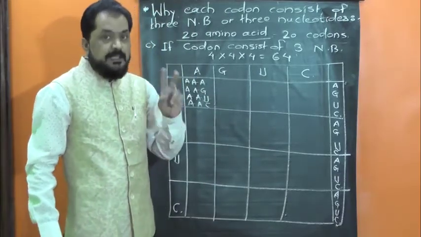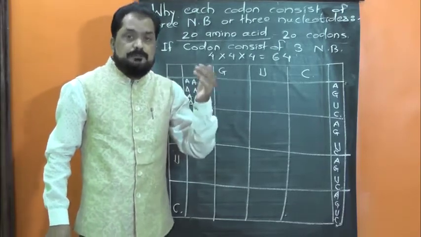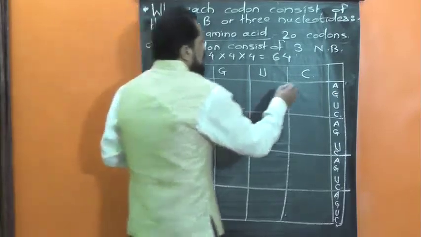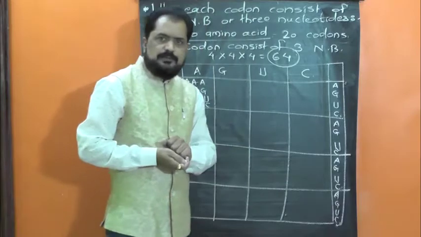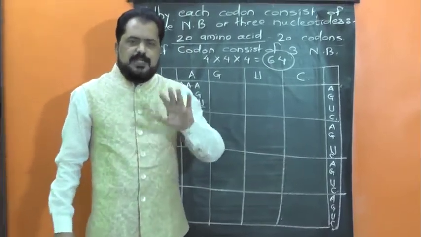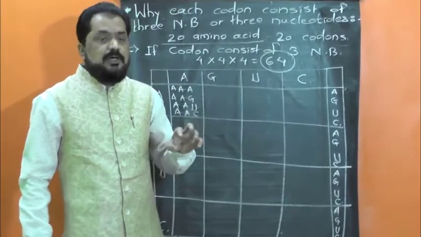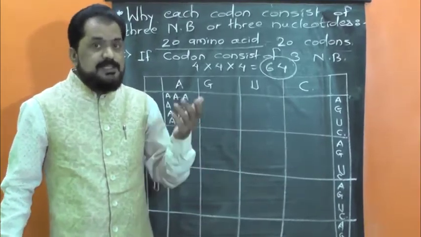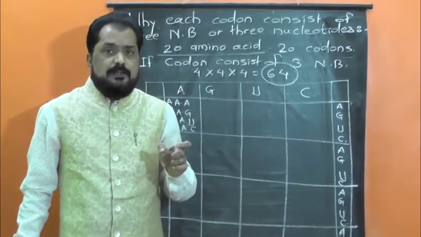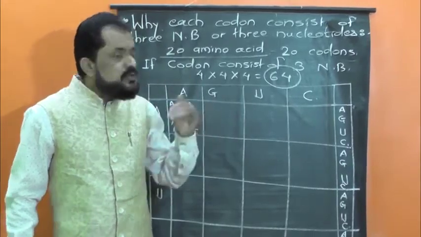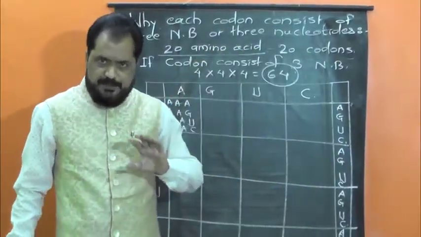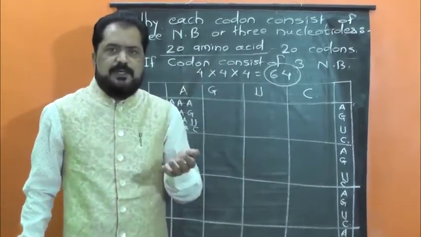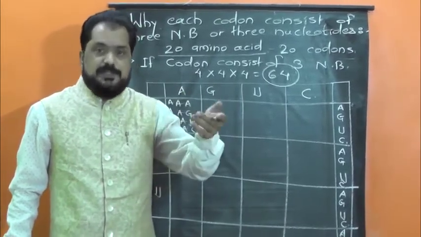It means that if there are 3 nitrogen bases in each codon, then 64 possible codons are there. जर त्या ठिकाणी एका कोडॉन मध्ये 3 नायट्रोजन बेसेस असतील तर एकूण 64 कोडॉन्स हे पॉसिबल आहेत. And we know these 64 possible codons are more than necessary to specify the 20 amino acids, isn't it? अर्थात हे 64 codons 20 amino acid ला स्पेसिफाय करण्यासाठी पुरेसे नाही तर त्याच्यापेक्षा पण जास्त आहे.